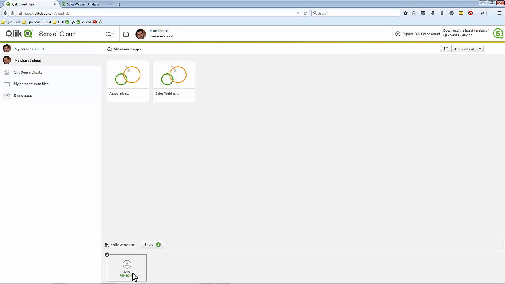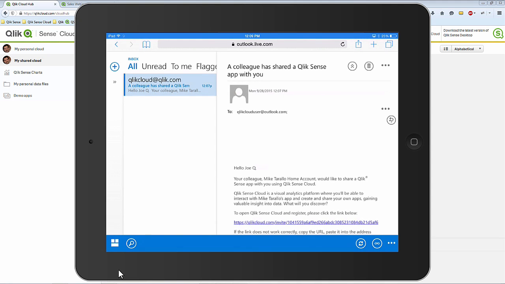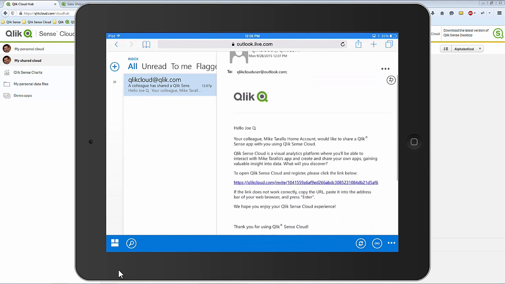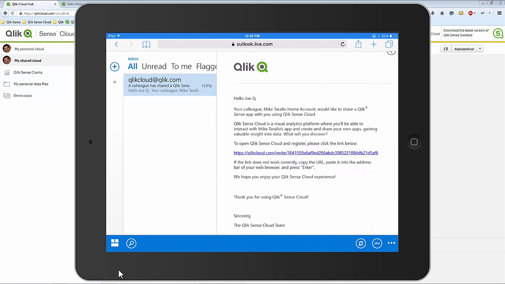So let's go over to the Outlook email, and I will simulate that I'm Joe Q. And to simulate a different device, I'm using my iPad here, and I'm logged into Outlook email, and you can see we received an email. And that email shows that the colleague Mike Tarallo would like to share a Qlik Sense app with you, and here's the link to accept the invitation. Now obviously if that person wasn't registered, this particular invitation would actually guide them to register and then bring them into their hub. So I'm going to click on that link,